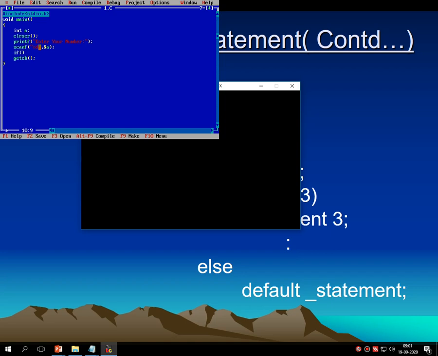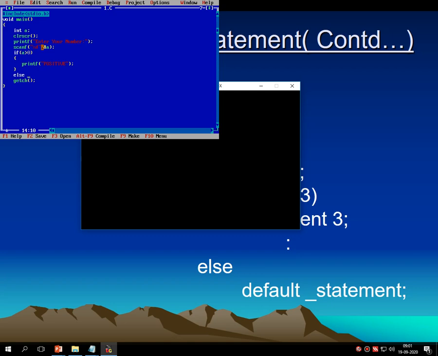Then here the first condition, if a is greater than 0. Whenever any value is greater than 0, it is always positive. So here I am giving the message positive. Spelling is correct, right? Positive. Then this is my first condition.